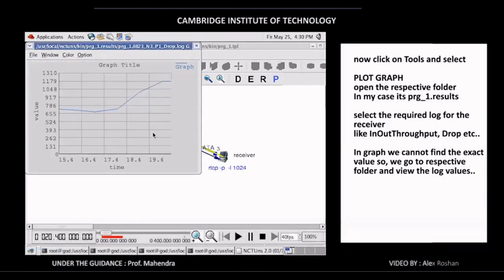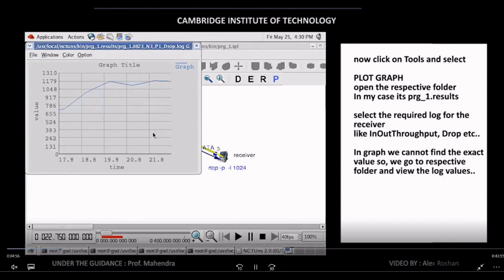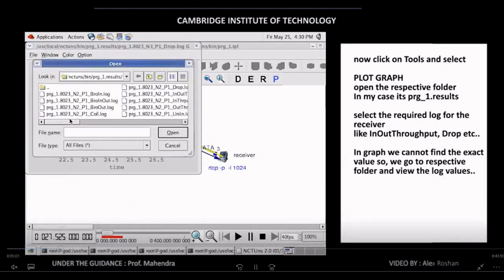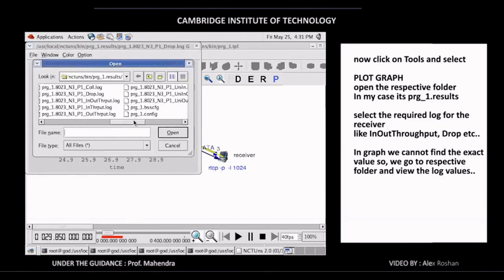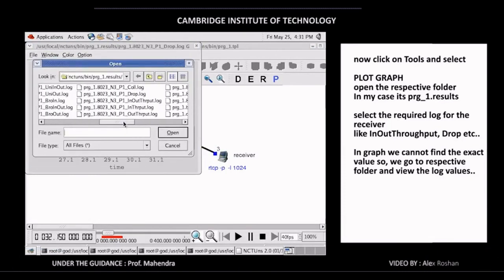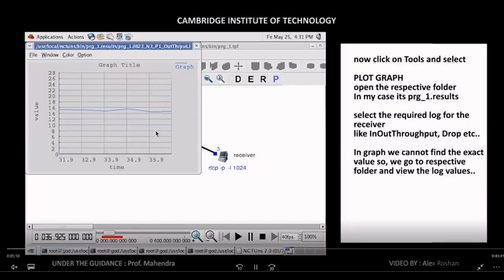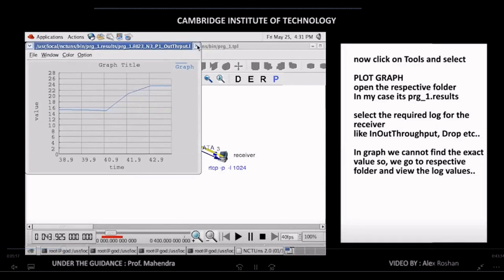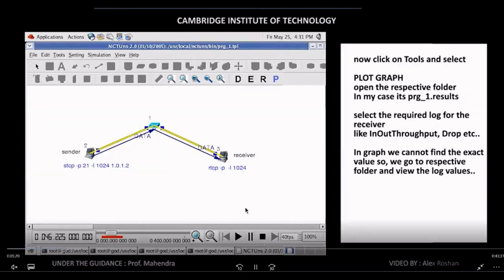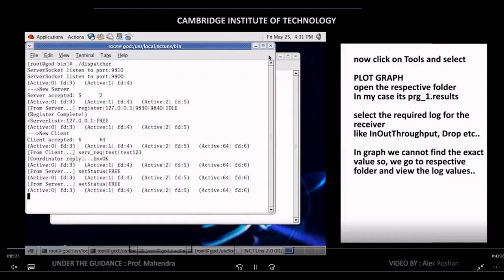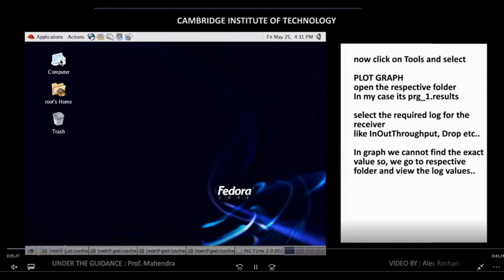You can see at what second how many packets are dropped, and why it is happening also. What is the use of analyzing packet loss, packet throughput and all? So that you can understand your network simulation and you can do your best. In packet 1, what are the in-out throughput? There is some loss, and you can understand the output of packet 1. So this is all about the experiment. In the same way you have experiment 2, experiment 3 and all. We'll see about it.